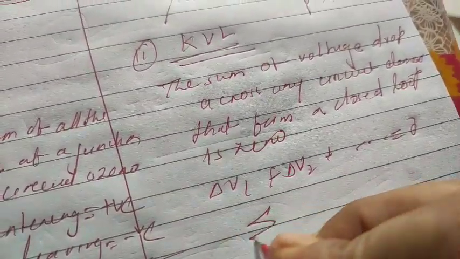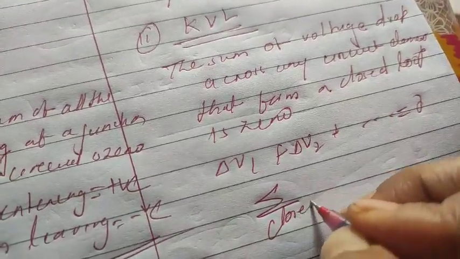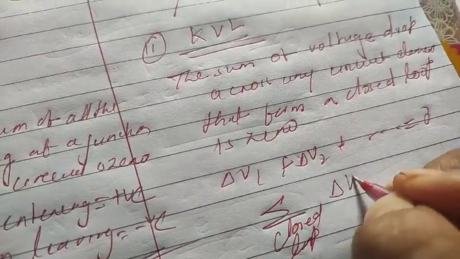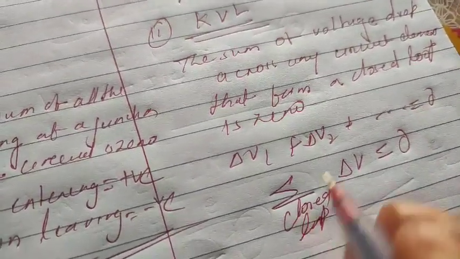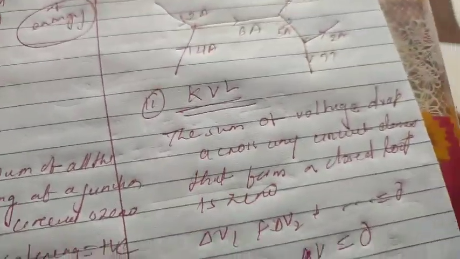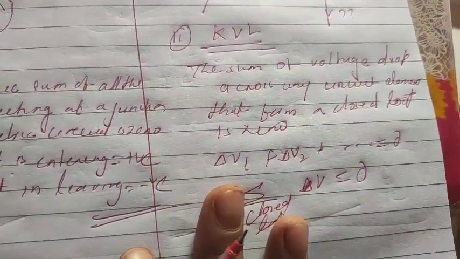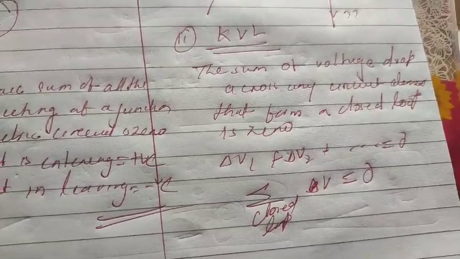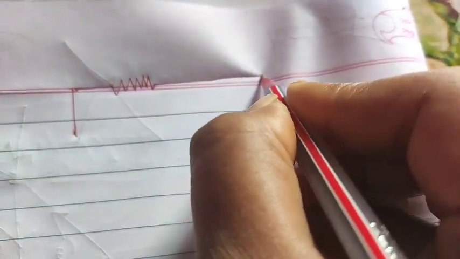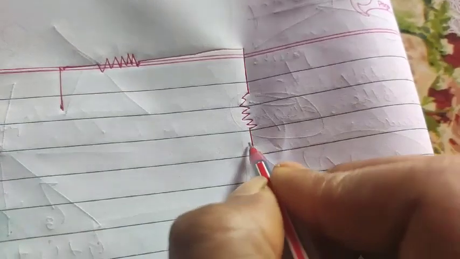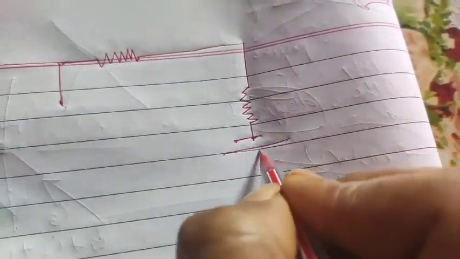Clear? So sum of closed loop of voltage is equal to 0. Clear to you? You cannot give this symbol, that you have to understand. Okay. So first you try to understand this much, student. I will move to the second part of the Kirchhoff voltage loop. Yes. Now voltage loop, student, how we can show you? A very simple diagram I will show you. This is one resistance. This is another resistance. This is negative. This is positive.